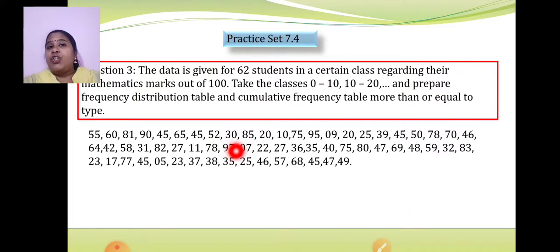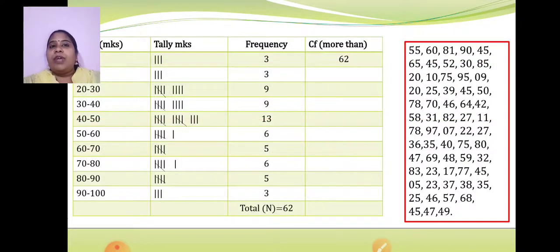So till where should I include? I should include numbers till 100. It should be 0 to 10, 10 to 20, 20 to 30 and so on, till 90 to 100. They have specified continuous classes. I hope the things are getting clear to you. You have to prepare a frequency distribution table. For that I have already told you we require three columns like this.